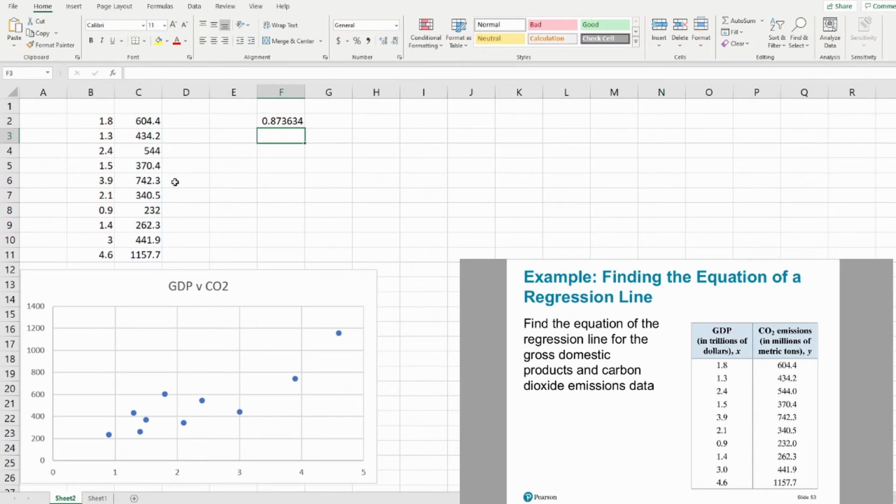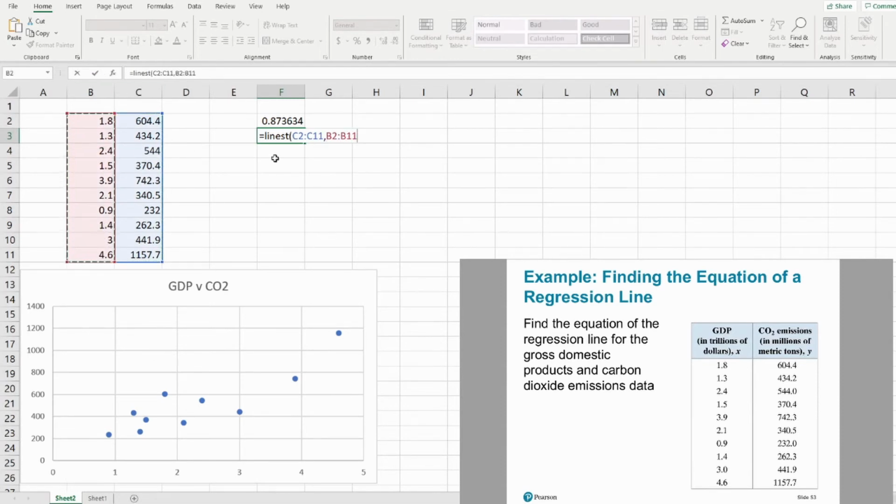Meanwhile, if we want to get our regression line, you can use equals and then LINEST. You actually can get a whole bunch of things here, but we're just going to get our components for the regression equation. So you highlight the y list first, then comma, highlight the x list. And now you have to make a couple of determinations here, where we can determine whether we want to set b, the